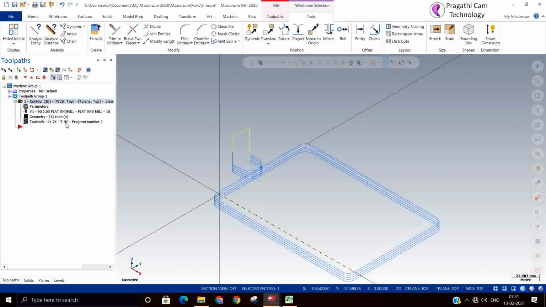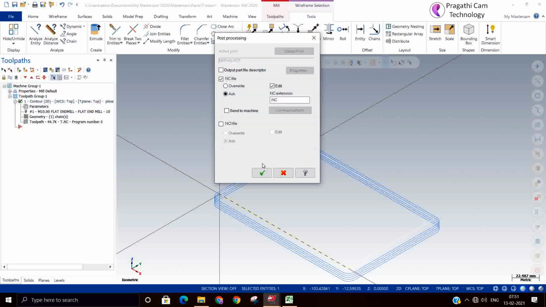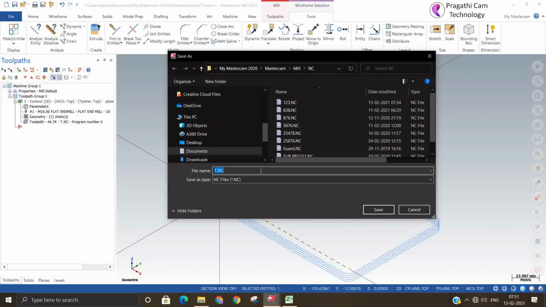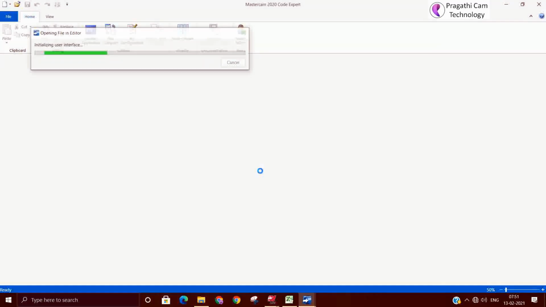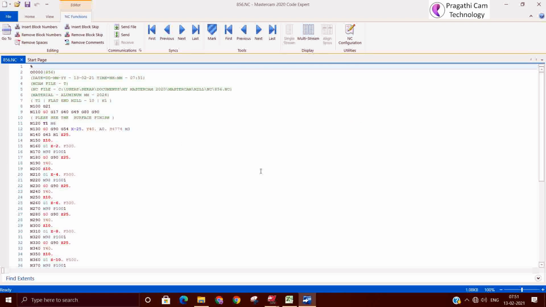Okay. Now you can see here inside the folder there is one more folder. I will generate the NC file and show you. So like this it is going to generate. Now it is calling the subprogram with M98 P101.